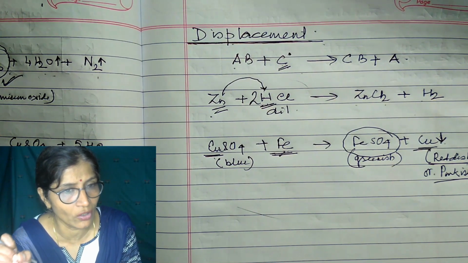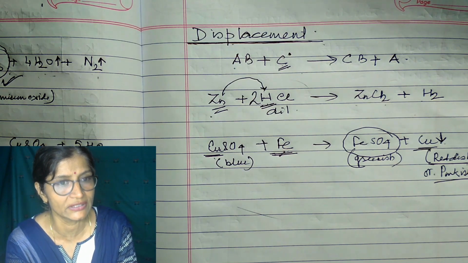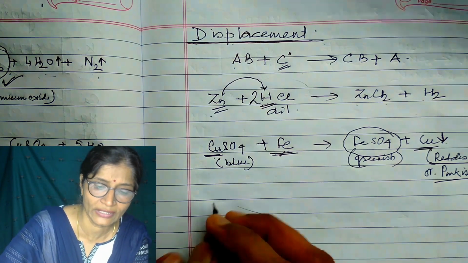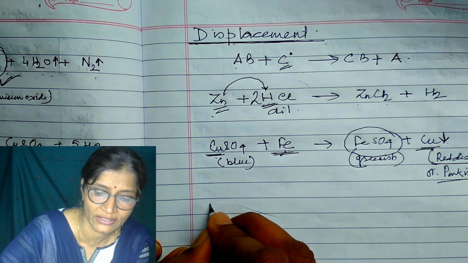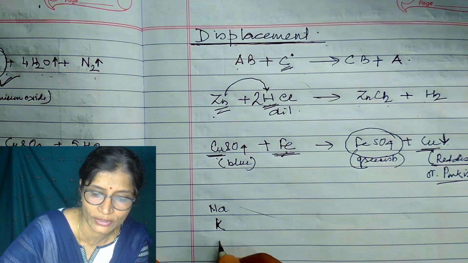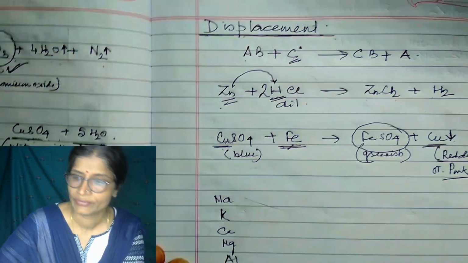Metals are arranged according to the activity series, where the more reactive metals are kept at the top of the series and the least reactive metals at the bottom. According to that series, the metals are arranged like this: sodium, potassium, which means they are more reactive, then sodium, potassium, calcium, magnesium, aluminium, zinc,